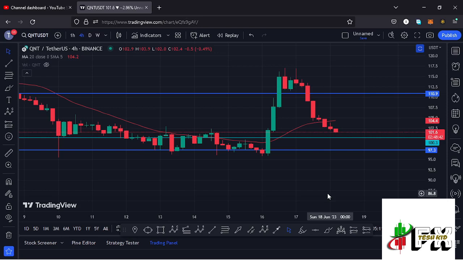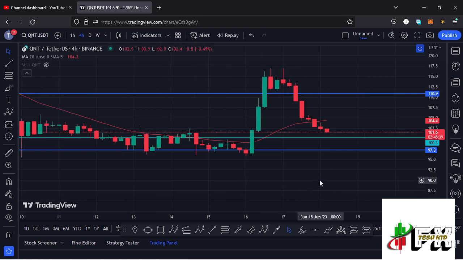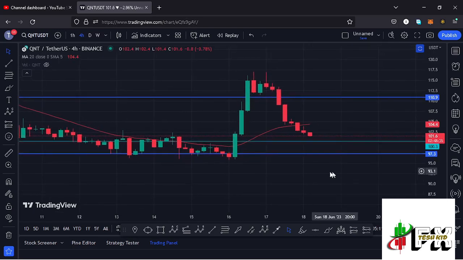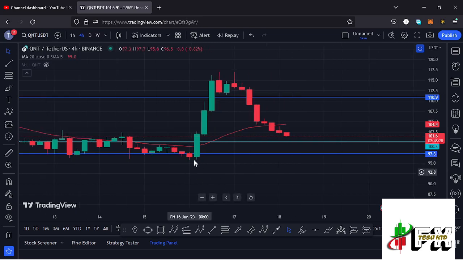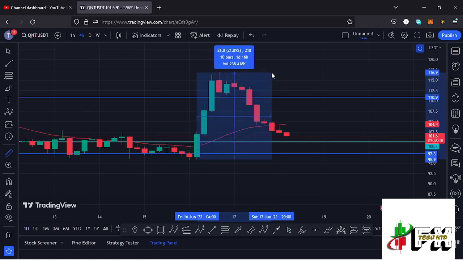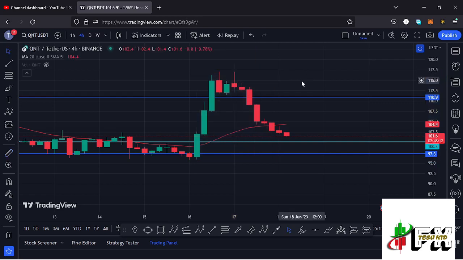And allow me to start the video by first giving you a recap of what has been happening here on the Quant chart for the past few days, where you can see that after putting in place a low at around the $96 mark, we saw this massive pump giving us a high at around the $117 mark, where you can see that the market from that low was up by more than 21.89%. And afterwards, you can now see that we are coming down in a very impulsive move,